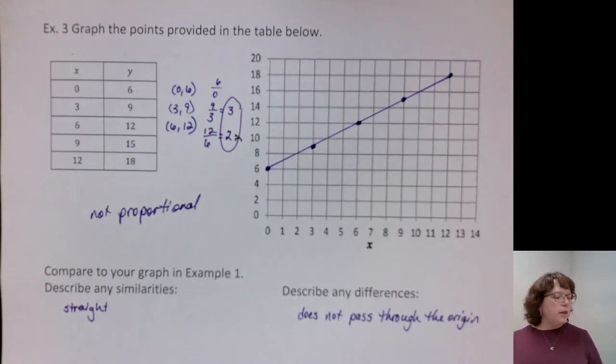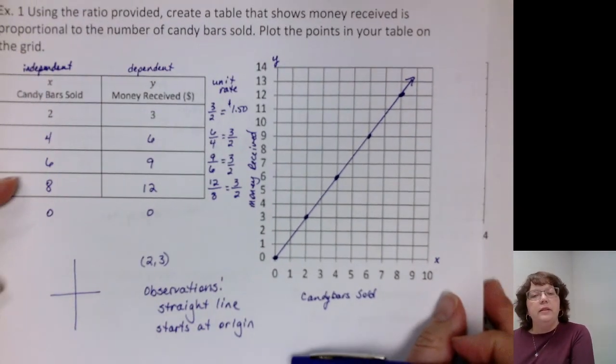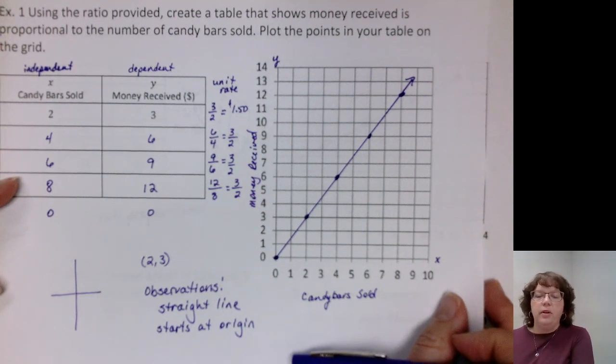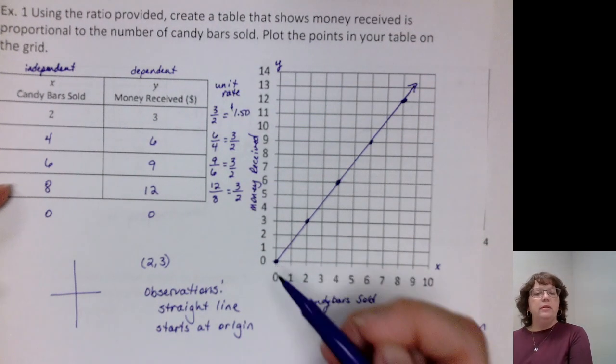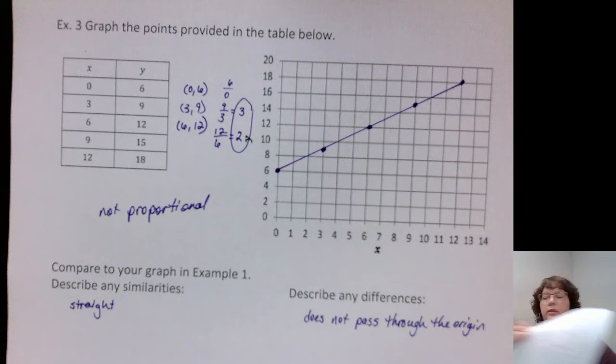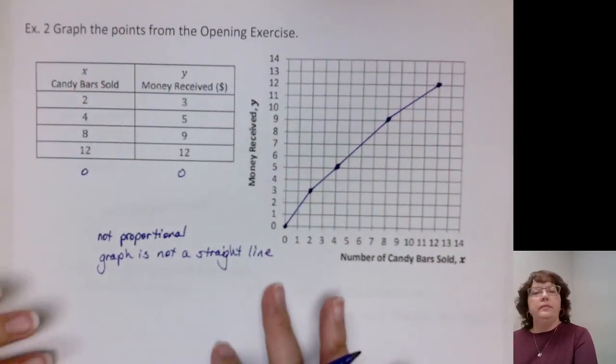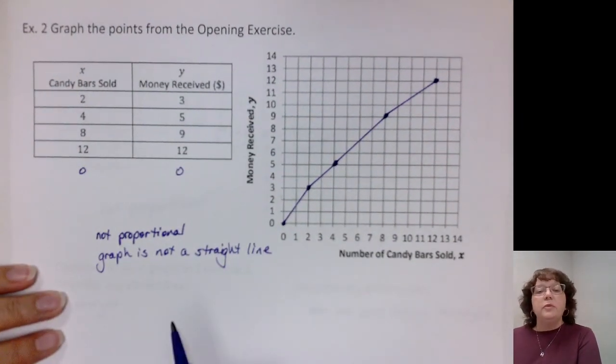All right, so think about the examples that we've just looked at. Remember, this one was our proportional example, right? This was Isaiah selling candy bars for the same amount per candy bar. So this one was proportional. We ended up with that straight line that passed through the origin. Okay, and then we looked at this example. This was our first